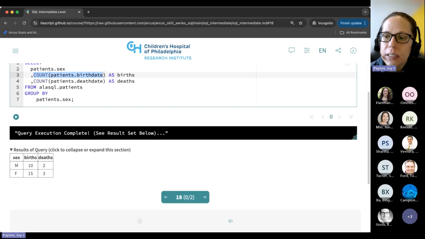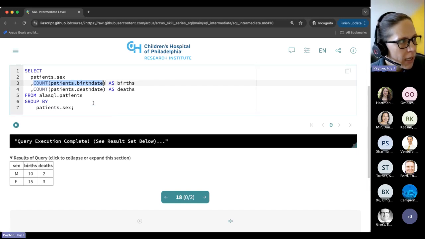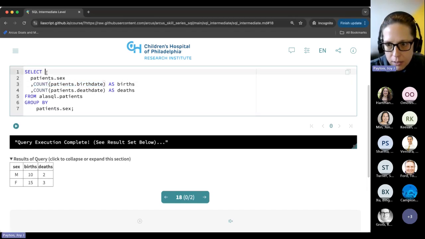So one of the reasons why group by aggregations can be confusing is that you cannot ask for something in your select clause that could give more than one value, right? For example, if I were to add here patient race,